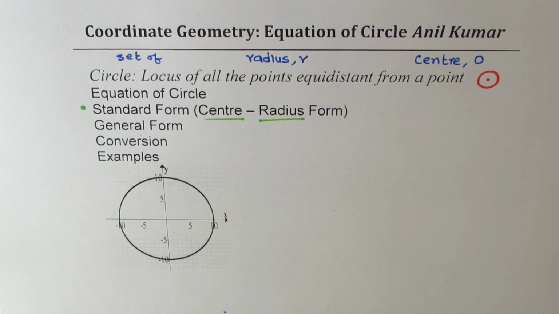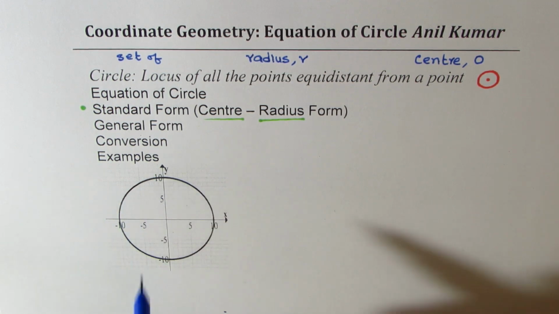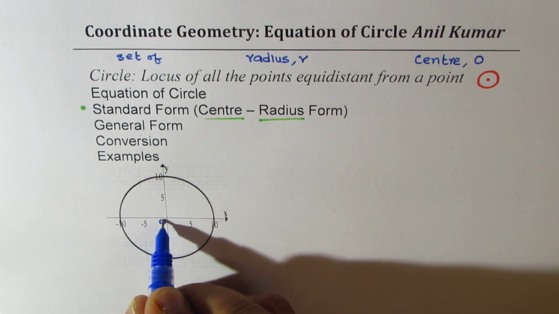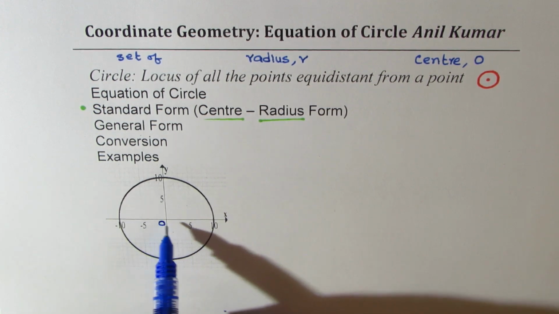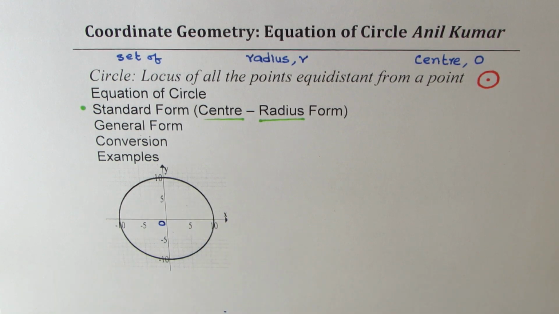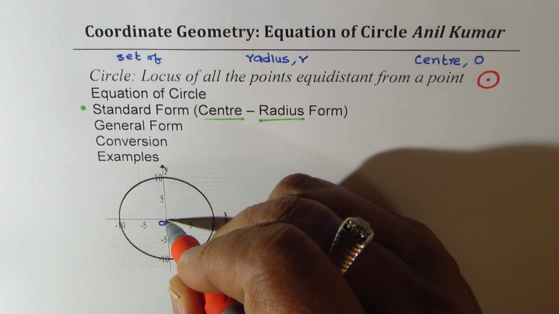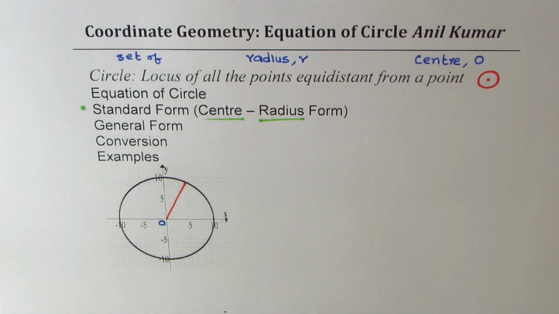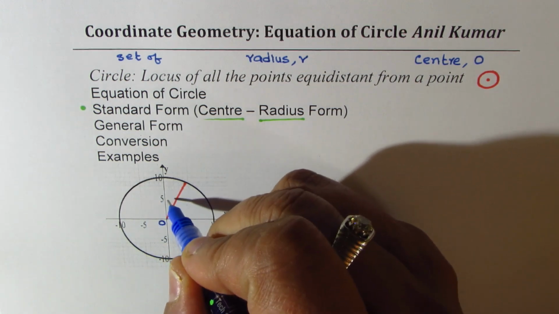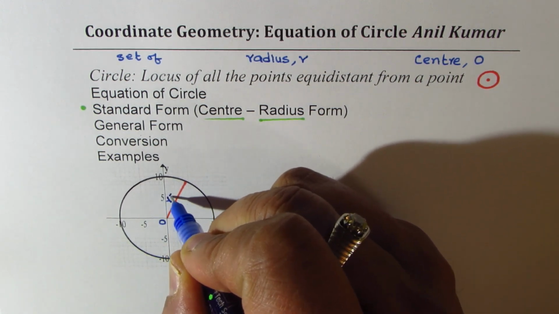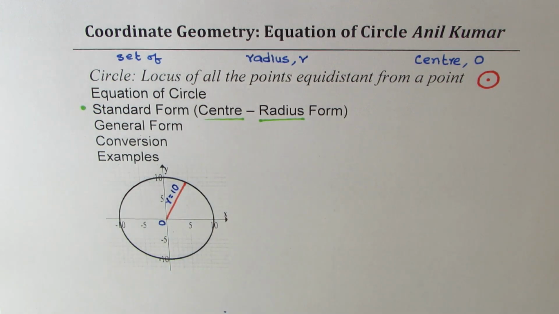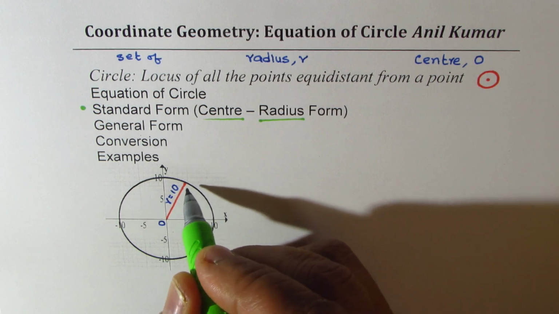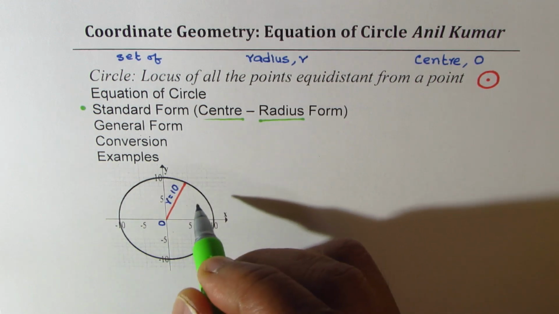I have taken a very simple example. Here is a circle with center at the origin O. Radius is 10, as you can see, right? So what we are saying here is that we have a circle whose radius is 10 units. That means the distance from the center to any point on the circle, which is R, is equal to 10 for us. Now to get the equation of the circle, that means to represent each and every point on the circle,